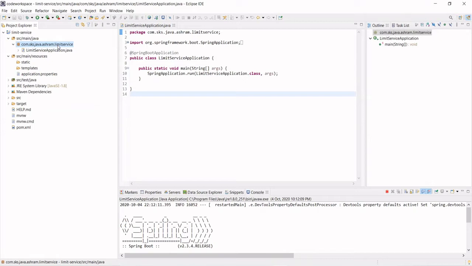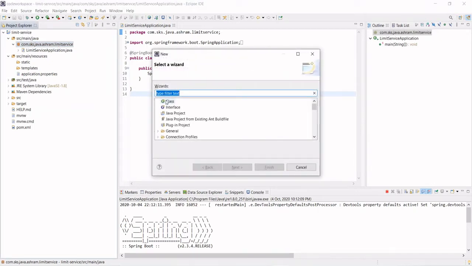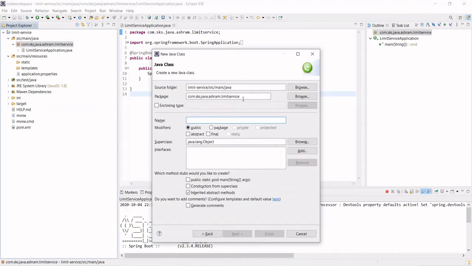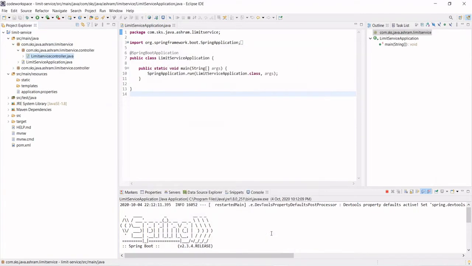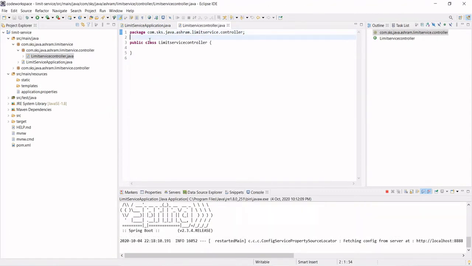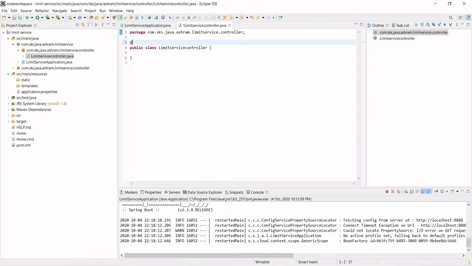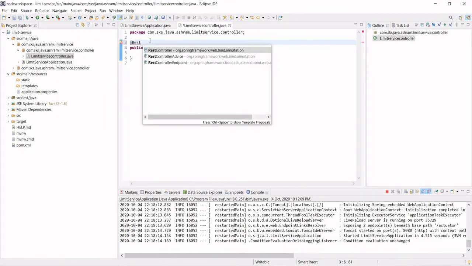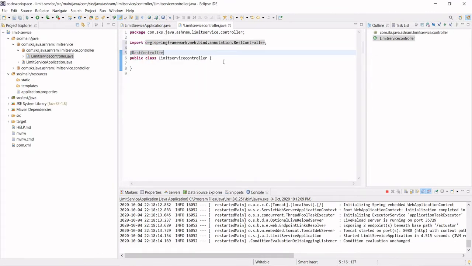So let's create one class and give the package controller. Okay, and here let's say give LimitServiceController. Okay, now how will you make this annotation REST controller? Okay, so now